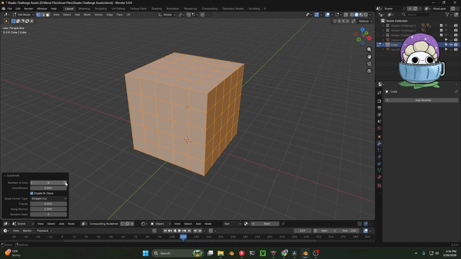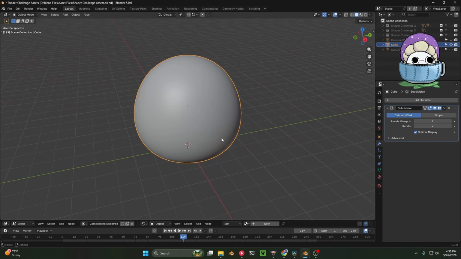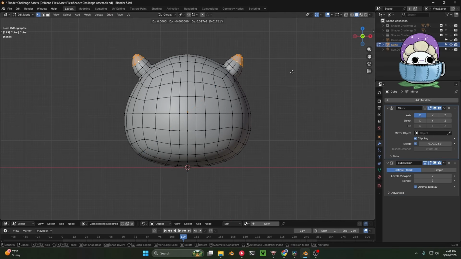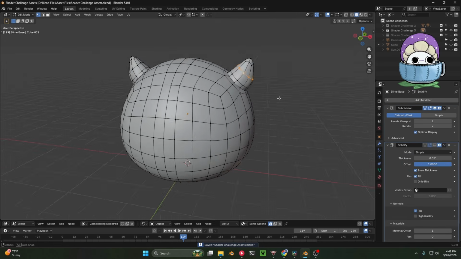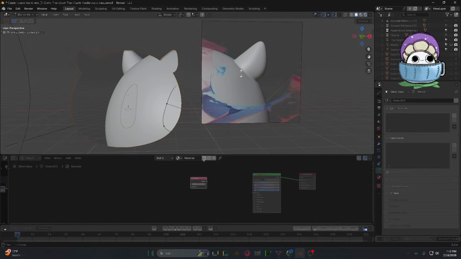Let's get straight into the shader challenge, starting with just a cube I subdivided and squashed a little bit to get the right shape. With some extruded faces, I scaled up and down to give this slime his horns. And once the simple model was complete, with a few extra faces for eyes, I was ready to begin work